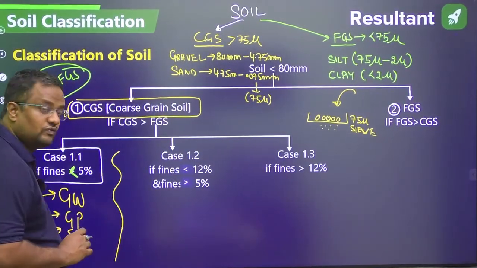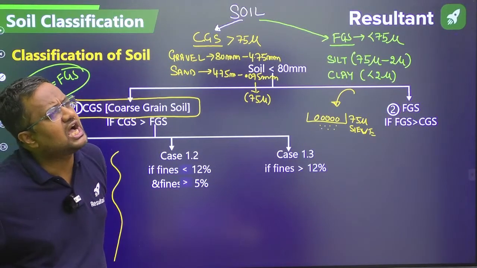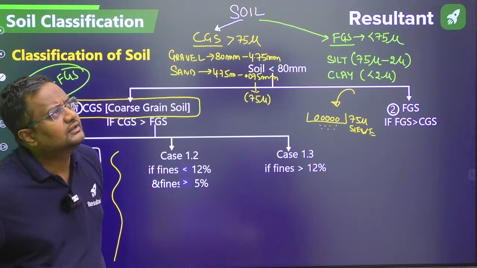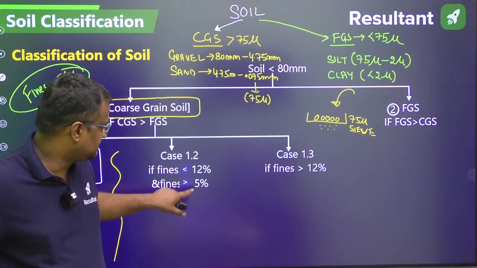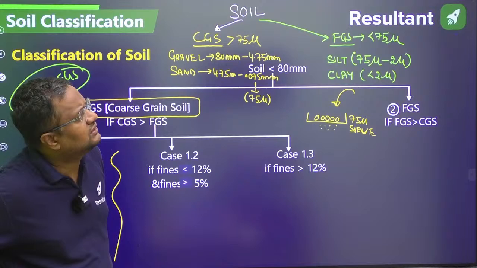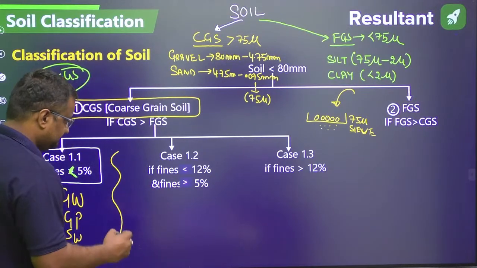Now case 1.2, fines are greater than 5 and less than 12%. That means out of 1000 gram, 940 gram is coarse grain soil and 60 gram is fine grain soil, that is 6%. Out of 1000 gram, 900 gram is coarse grain soil and 100 gram is fine grain soil. That means 10% is fine grain soil. This is this case. So here the names are